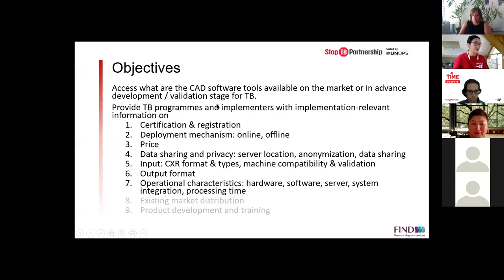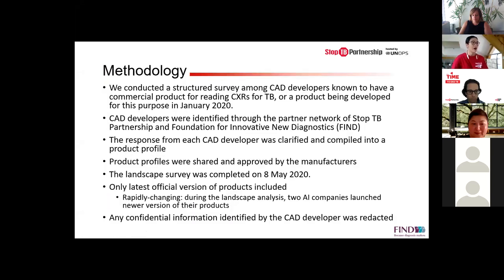And here I listed 9 relevant pieces of information. During the presentation, I'll only go over the first 7. We'll talk about it at a later stage, where you can find all the information. So yes, the survey was a